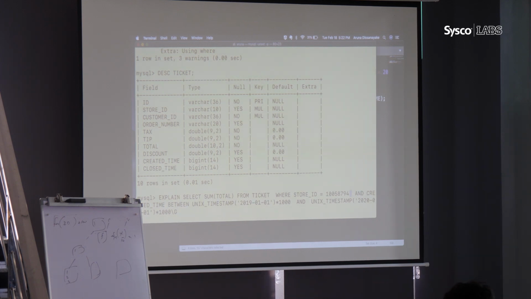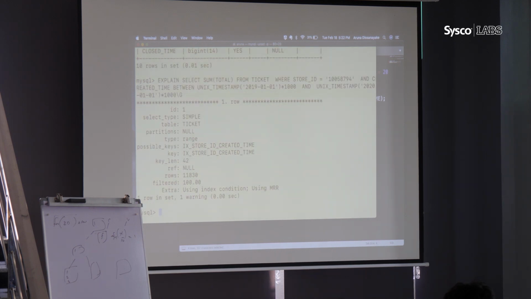See, now everything is in correct order. You just have to analyze 11,000 records to fulfill this kind of query. If you remember, initially it was around 700,000 or 800,000 records.